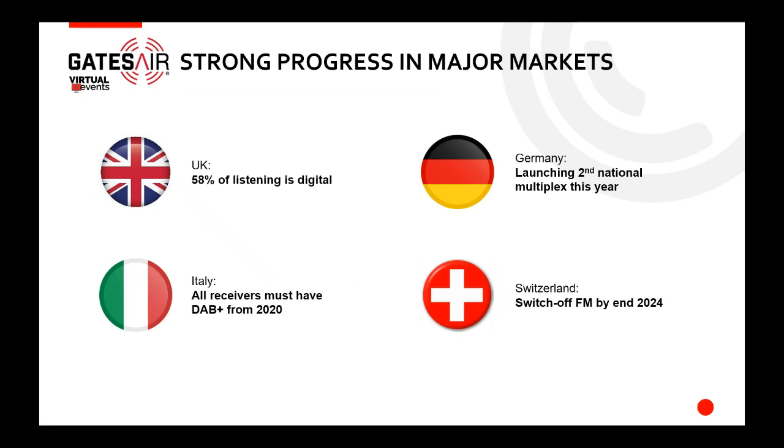Germany, although it was one of the leaders in the trial, is in the early days of DAB. Launched its first nationwide multiplex in the past couple of years, is adding another multiplex this year. Italy has fairly broad adoption, and again, we've been fortunate to help deploy there. And starting in 2020, all new receivers must have DAB+